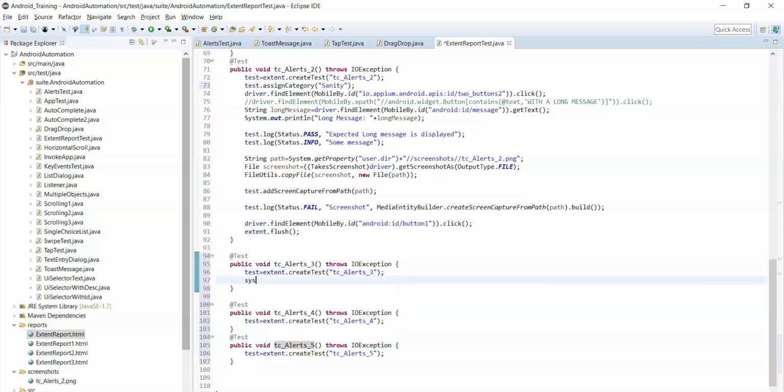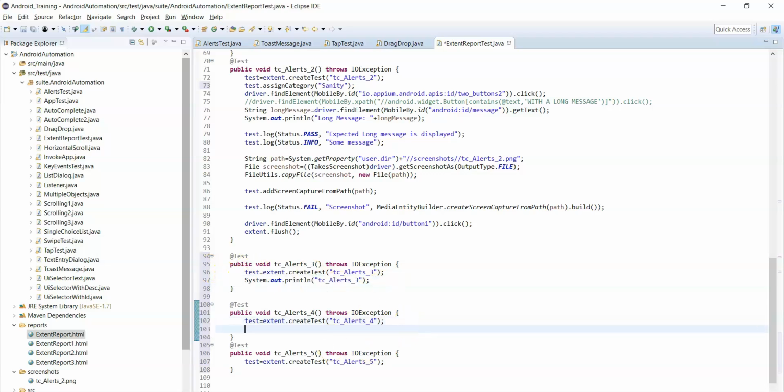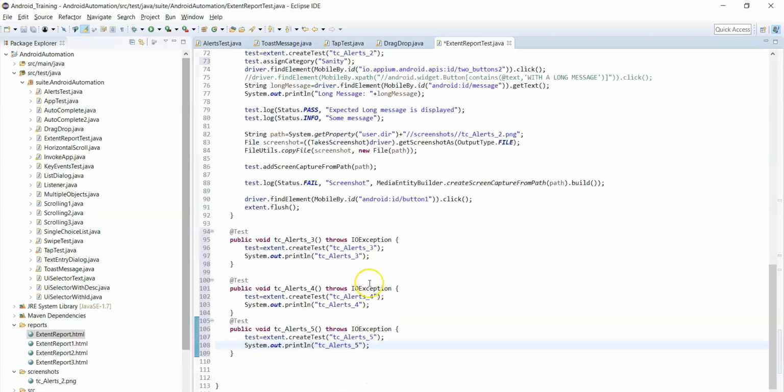Let's print something in each test case. TC3, TC4, TC5. Now here we have 5 test cases. So after the fifth test case, we must call the extent dot flush, right?